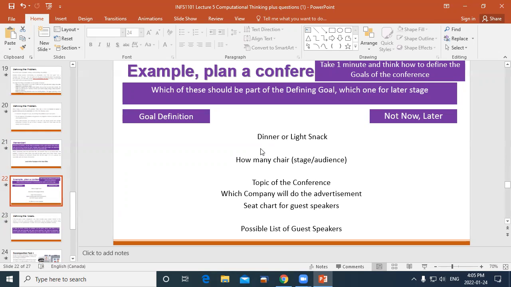So spoiler alert, you'll start with the highest level. All right, you'll start with the highest level. Can you see there? What would be the highest level thing? And we'll do the lower level things last. Where would you start